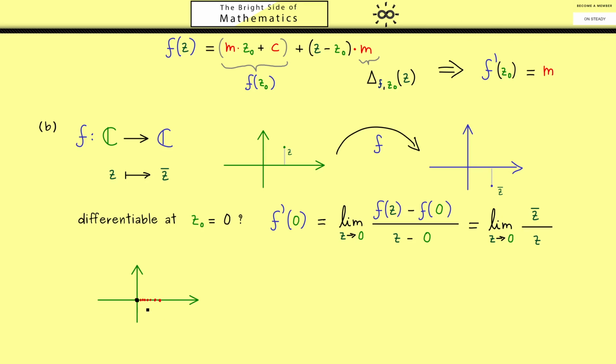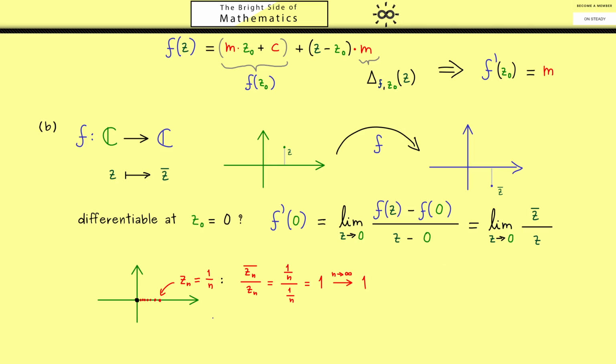For example, we could use the real number line to go from the right hand side into 0. For example, with the sequence Zn is equal to 1 over n. Hence, there the question is, what is Zn bar divided by Zn? Of course, this is not so hard to see. This is 1 over n divided by 1 over n. Or in other words, it does not depend on n, it's always the same number, 1. Therefore, also in the limit n to infinity, we get out 1. So the conclusion is, if this limit exists, it has to be 1.